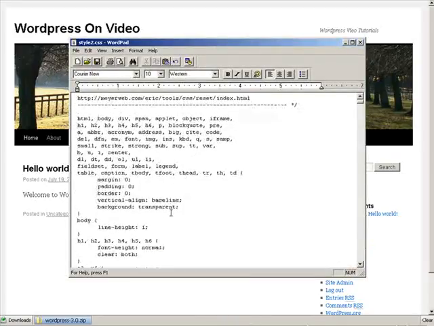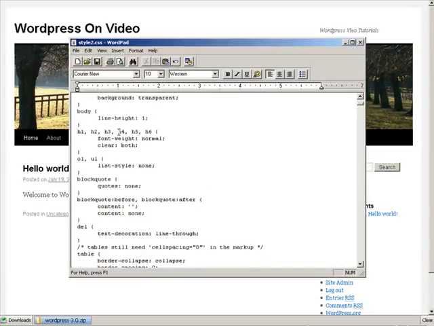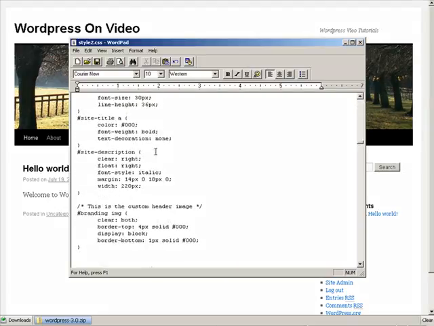So if you know what you're doing here, for instance, if we wanted to change the H1, H2, H5, H6 attributes, like the font weight, we can do that here. Okay, so you do need to know CSS in order to be able to, of course, change your cascading style sheets. So for instance, if we want to change the site title here, what we can do, for instance,